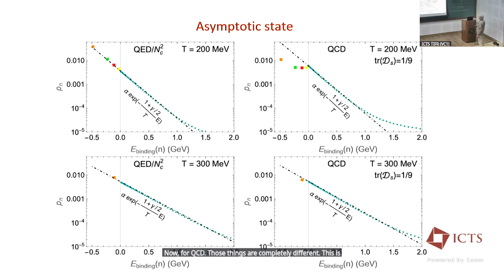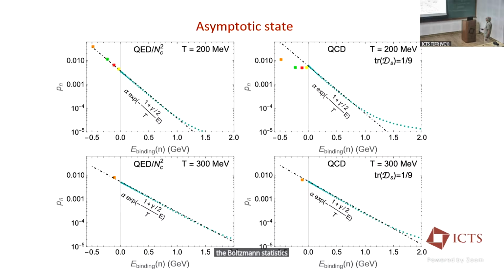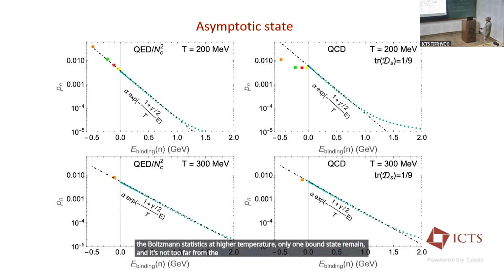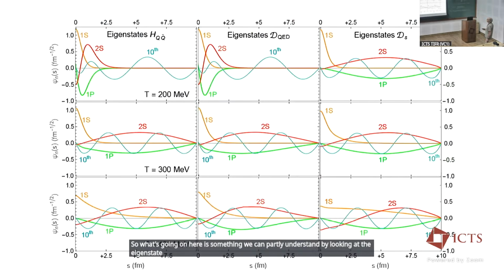This is still the dash line, the black dash line represents the Boltzmann limit. It's the same type of correction factor included, but you see that the bound states do not obey the Boltzmann statistics at all. At higher temperature, only one bound state remains, and it's not too far from the Boltzmann limit. So what's going on here is something we can partly understand by looking at the eigenstates of the